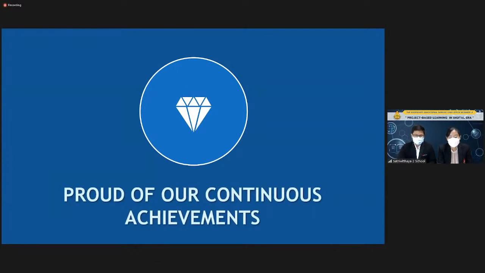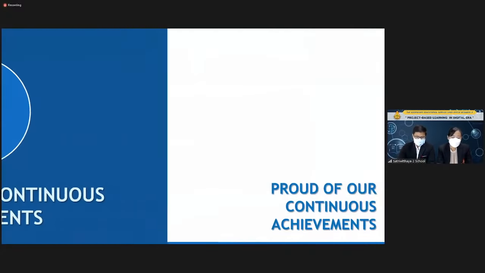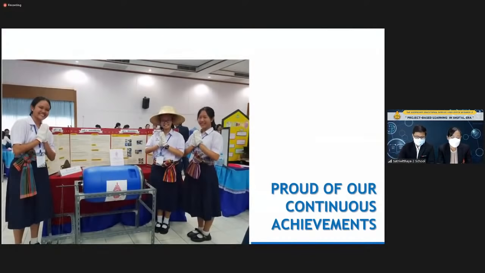Proud of our continuous achievement. We encourage students to participate in project competition. We won prize in an arts and craft competition as well as a gold medal in an innovation project and science invention contest such as